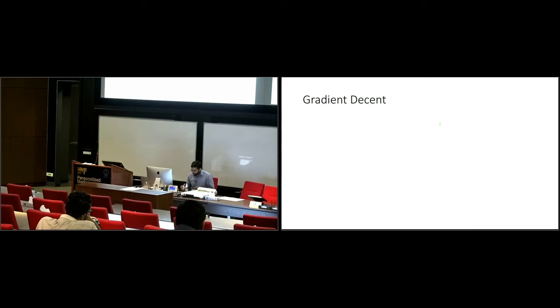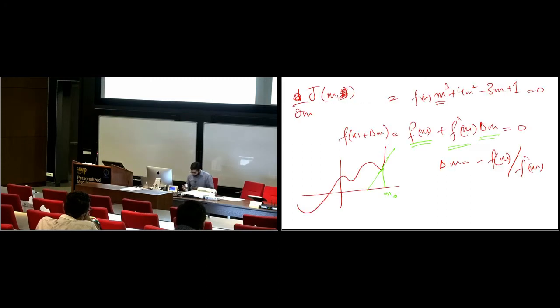Then I set it equal to 0, so I'm actually looking where this first order approximation intersects the x-axis, and it does it here. Then I take this as the value of m at the first iteration and repeat the process. If you repeat it, you will eventually find a point which is the minima. This is Newton's method. This is a summary of Newton's method.